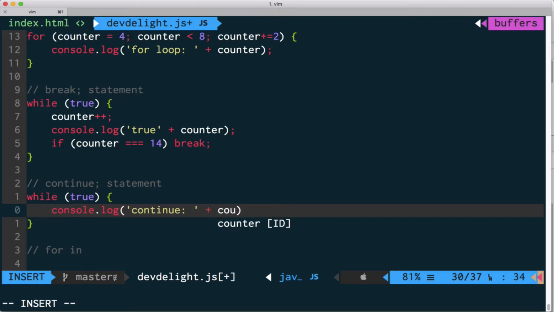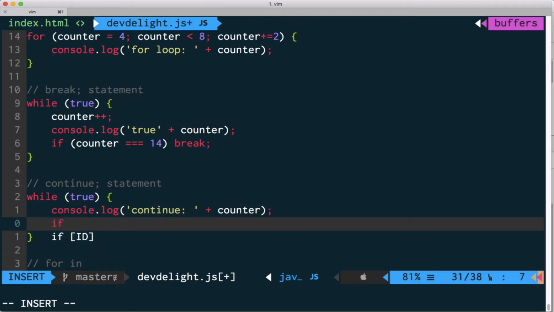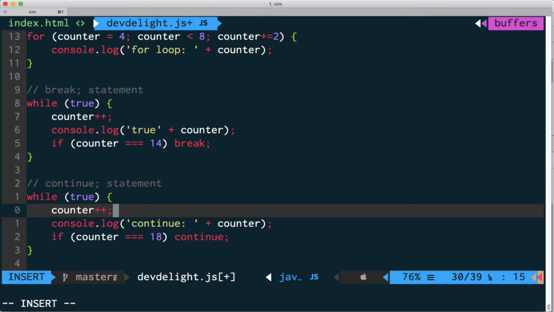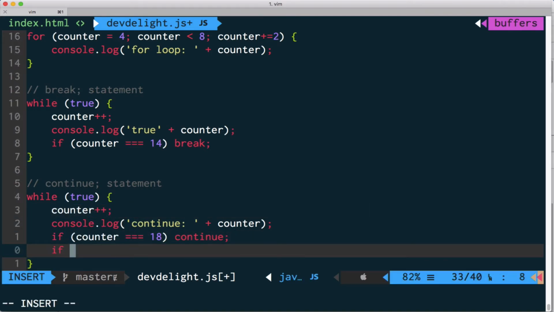Continue printing out the counter. If counter equals, say, 18, then we'll continue. Actually, let's increment the counter over here. Now, if counter equals 19, we'll break to exit this loop. So I'm just showing you different ways you can mess around with loops and do crazy, weird things with them,